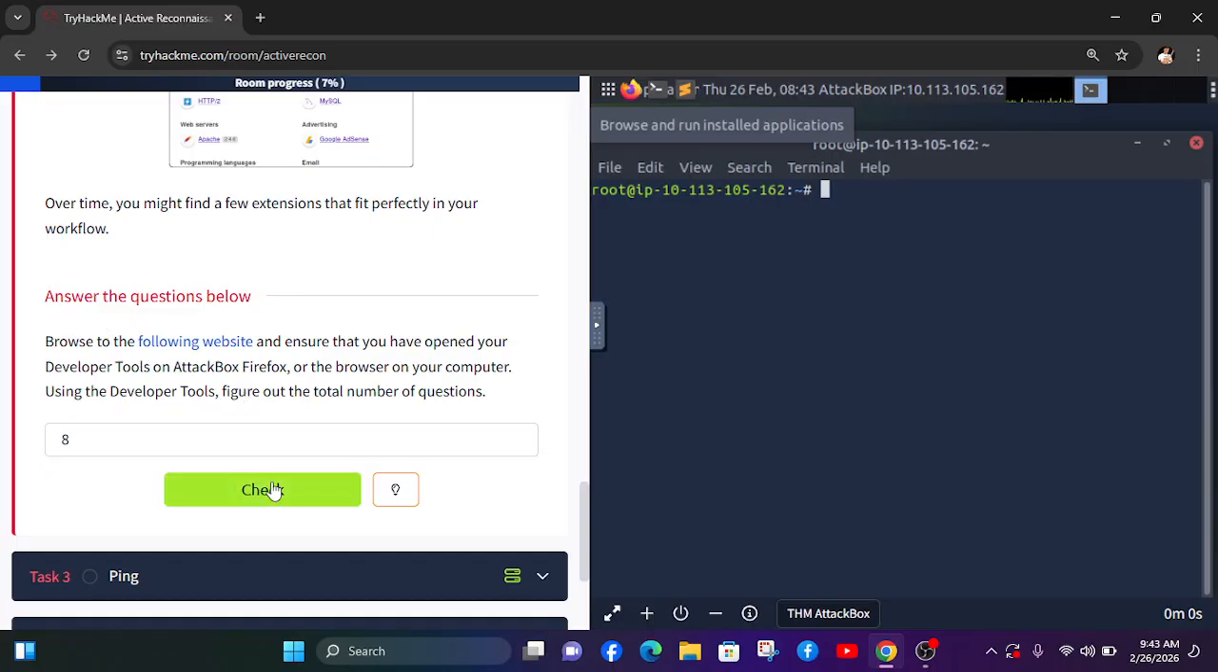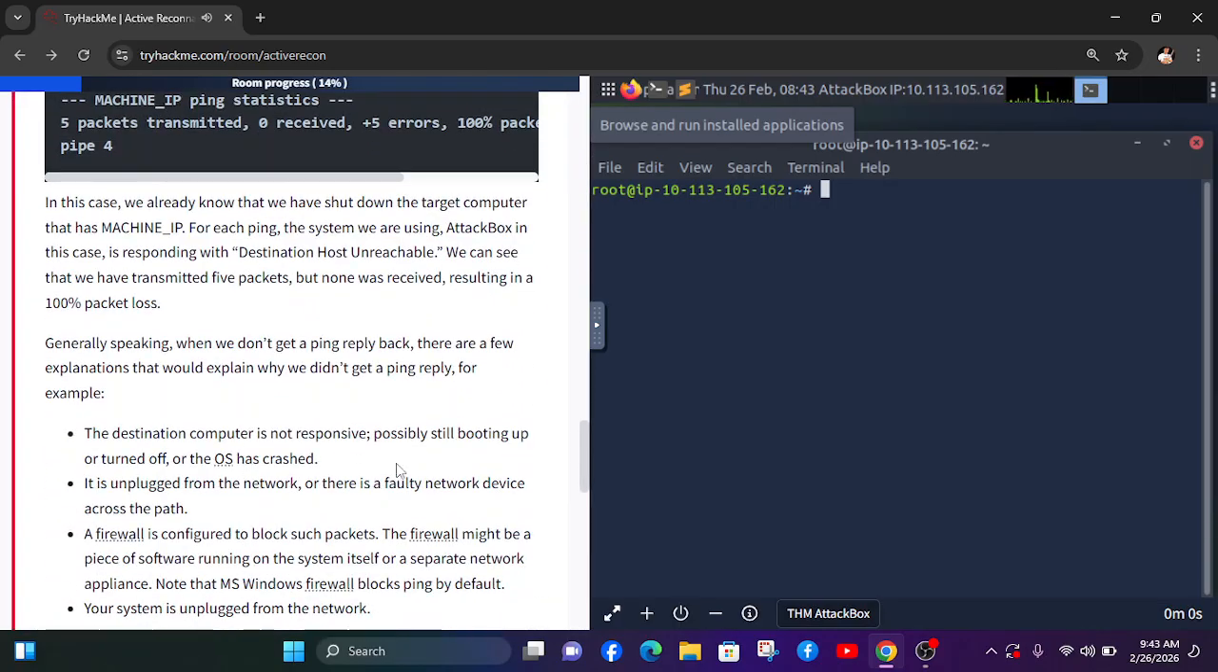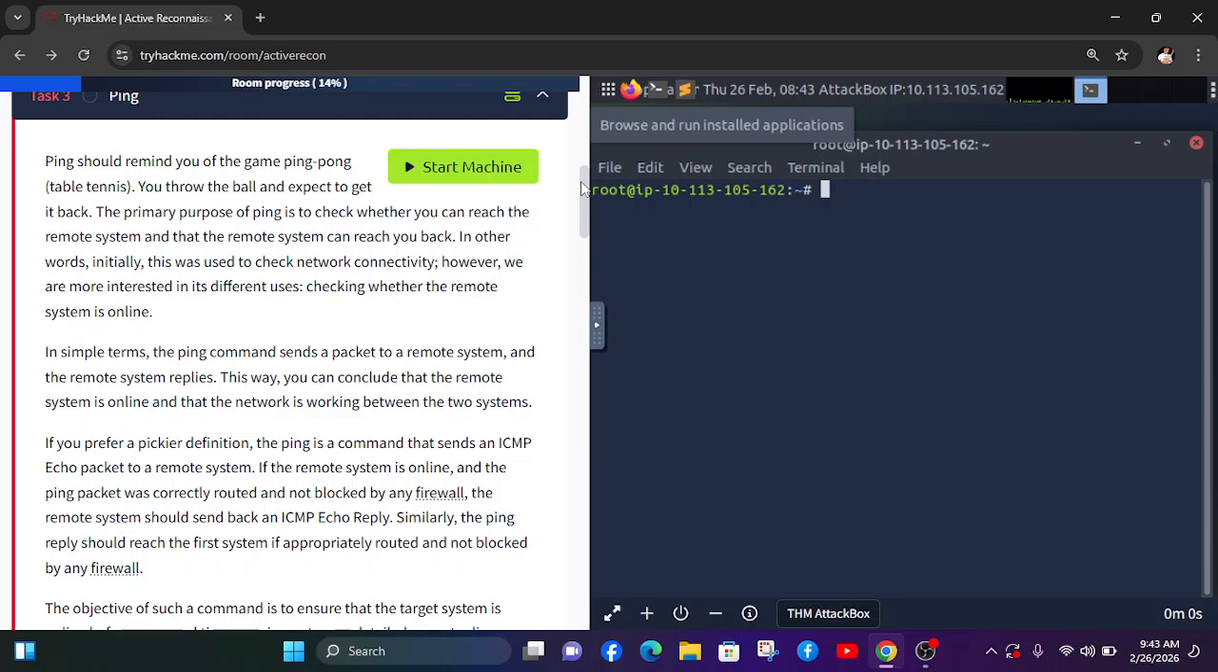So you can click check, and let's head straight to Task 3, Ping. Task 3, Ping, should remind you of the game ping pong, table tennis. You throw the ball and expect to get it back. The primary purpose of ping is to check whether you can reach the remote system and that the remote system can reach you back. In other words,